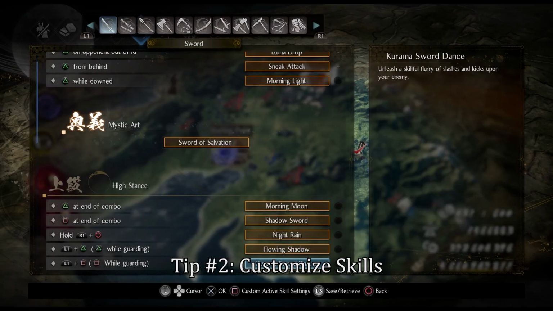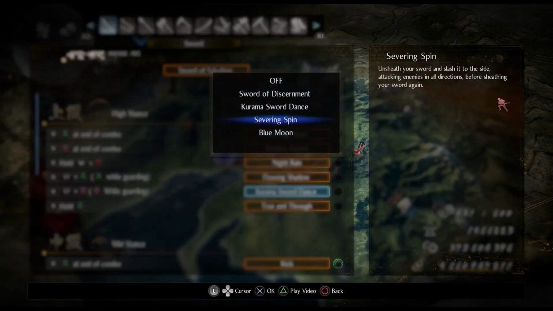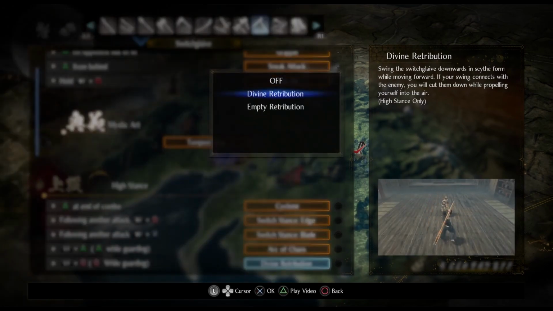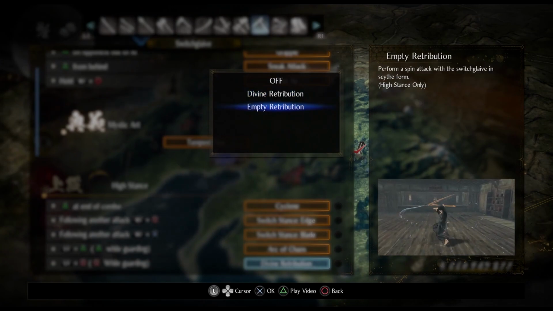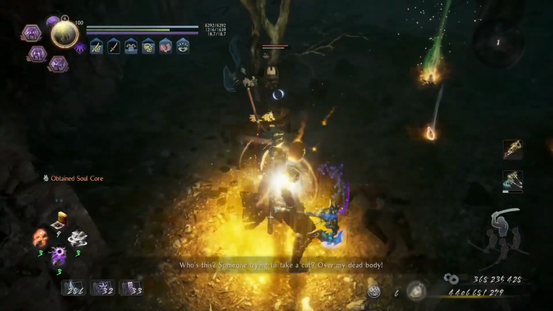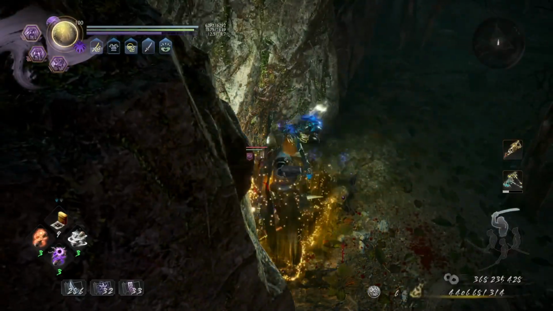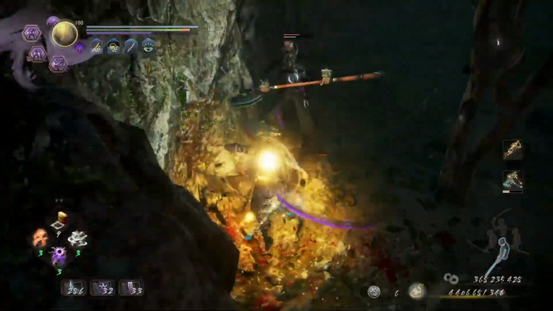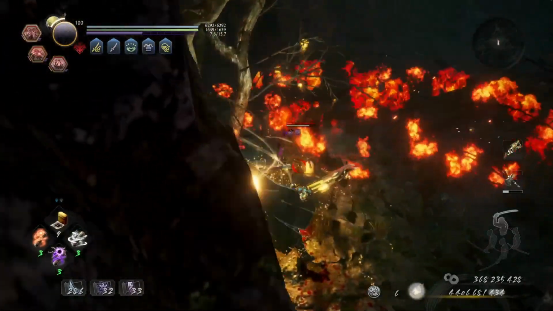Tip number 2, customize your skills. When you're ready to leave your comfort zone, try messing around in the skill customizations tab. Try out various skills that feel weird, like Divine Retribution instead of, say, Empty Retribution. This will help you expand upon your creativity, and plus, it feels nice to find a use for otherwise weird, off-putting abilities. That's why I've made it a point to use the Axe Flash attack in conjunction with the Hatchet's